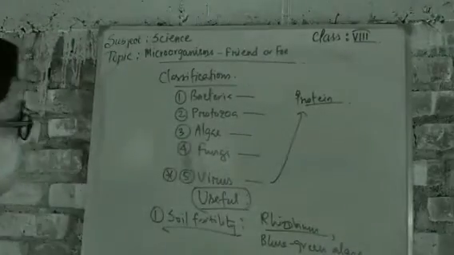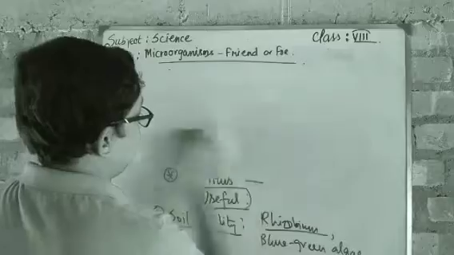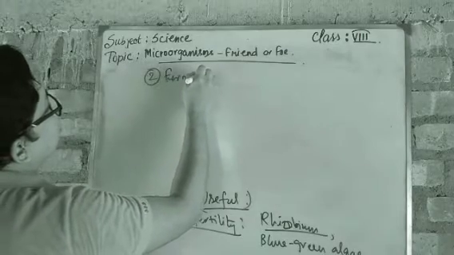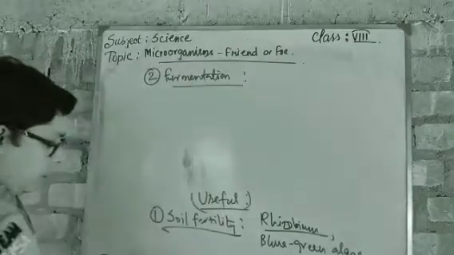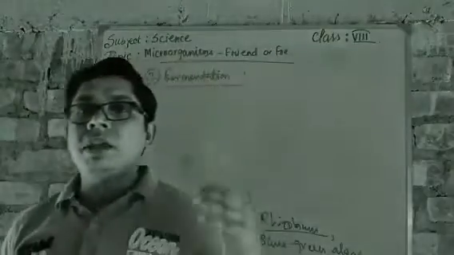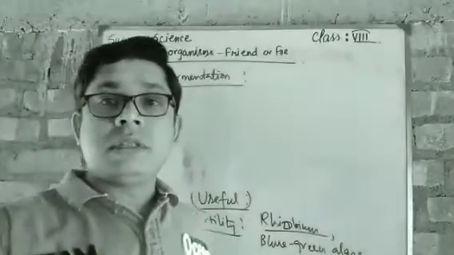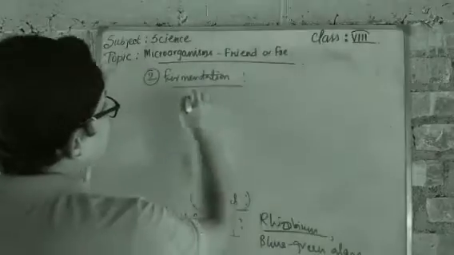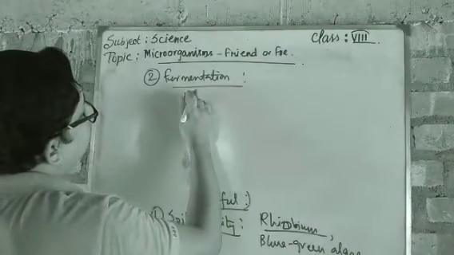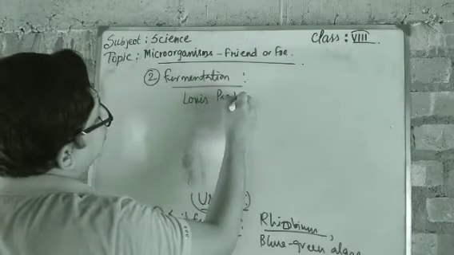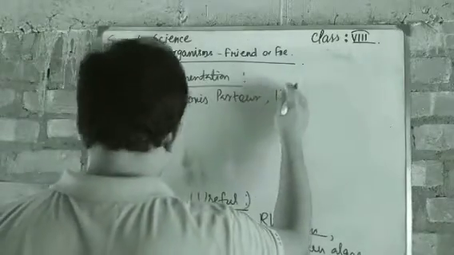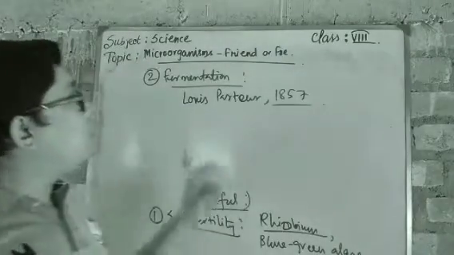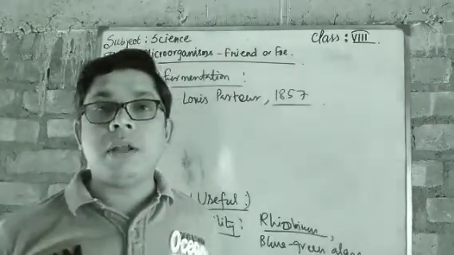Got it? Number two we will go for the fermentation process. Fermentation process was first discovered by the scientist Louis Pasteur in the year 1857. Okay, so Louis Pasteur, first of all, discovered this type of commercial use of the microorganisms, and